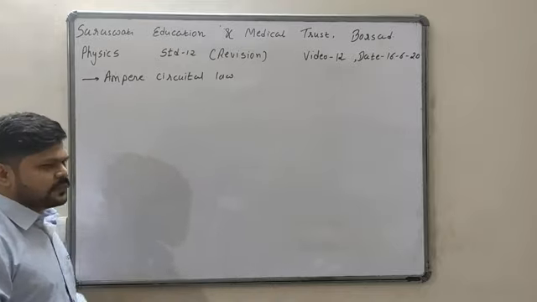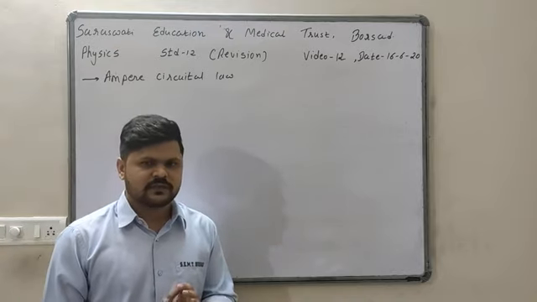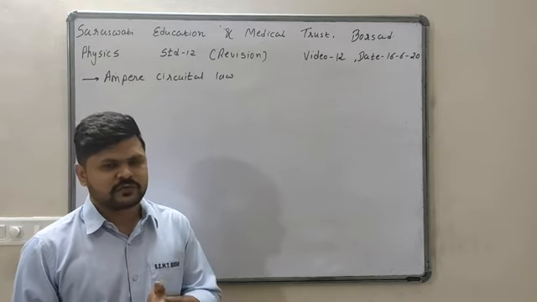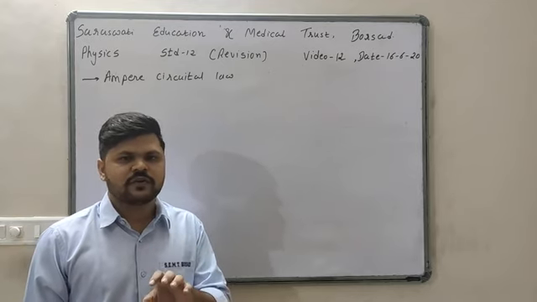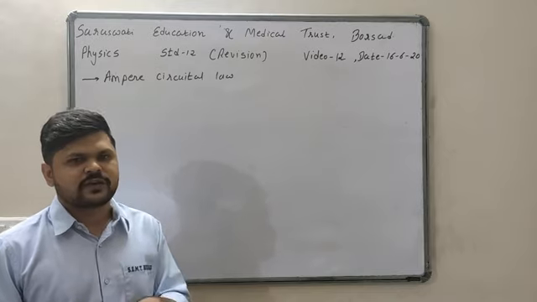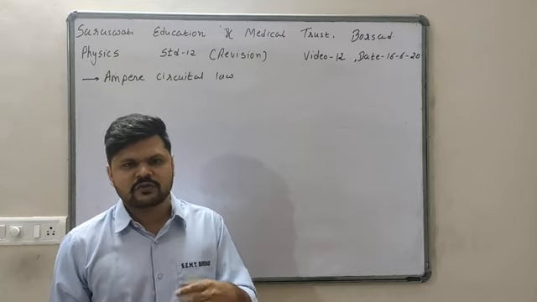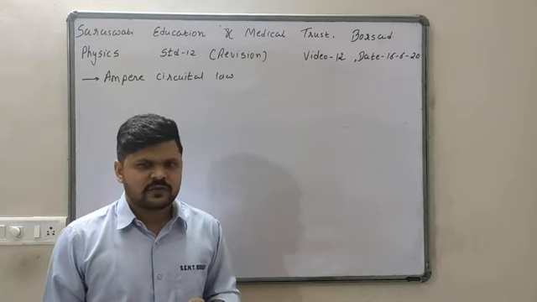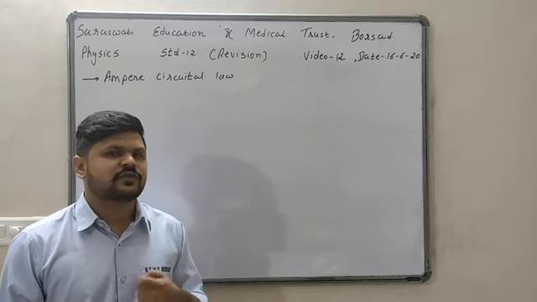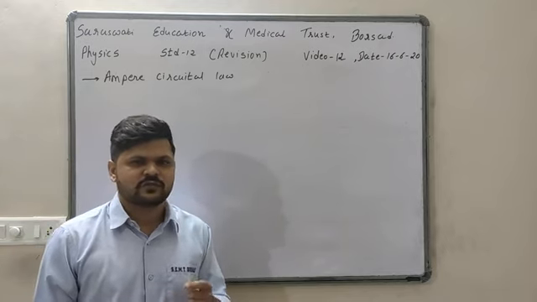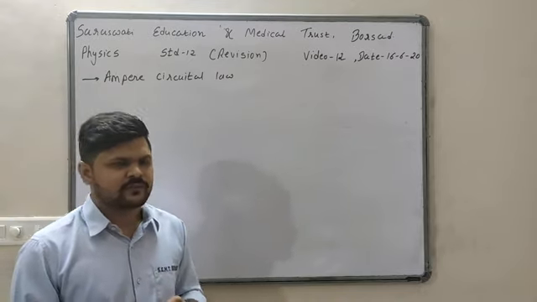Now, in chapter number 1, we have studied the Gauss law. Gauss law gives us the value of electric field. What was the application of Gauss law? That is to find out electric field on a symmetrical surface. We have also seen three applications of Gauss law: electric field due to linear charge density, surface charge, and volume charge. That is the long wire, surface, and spherical shell.